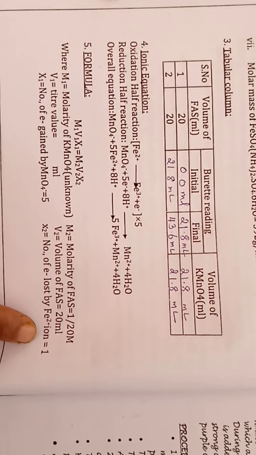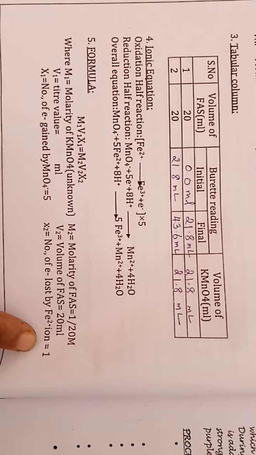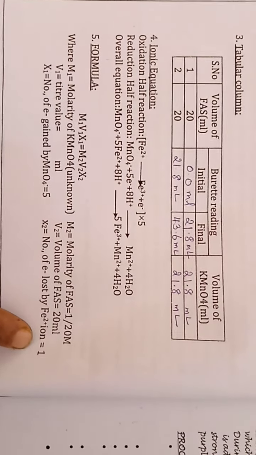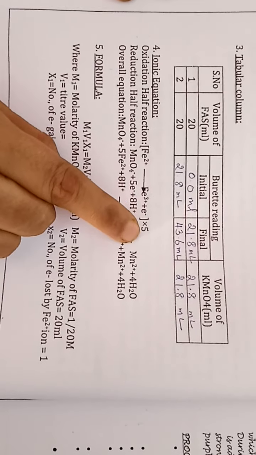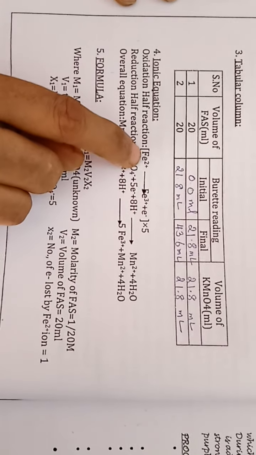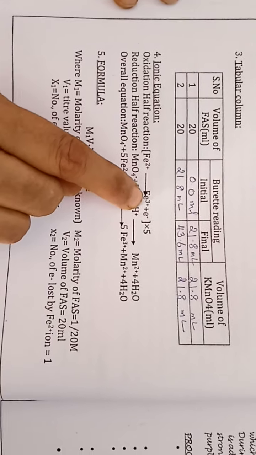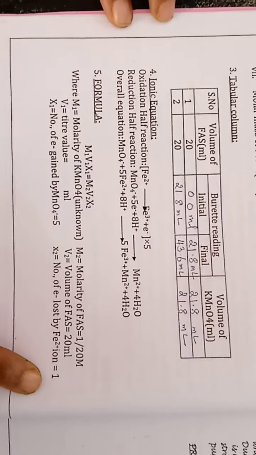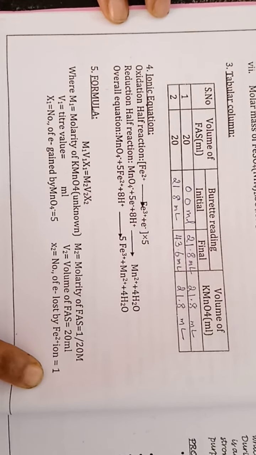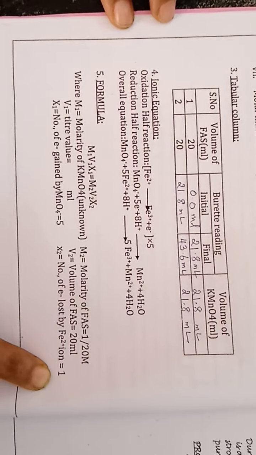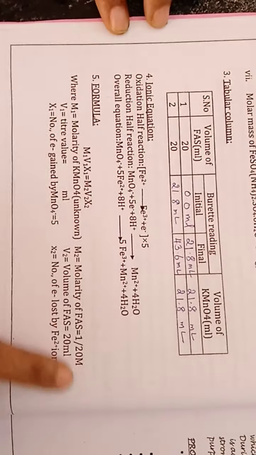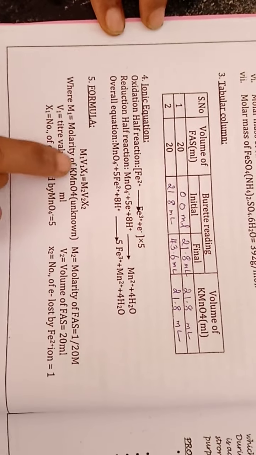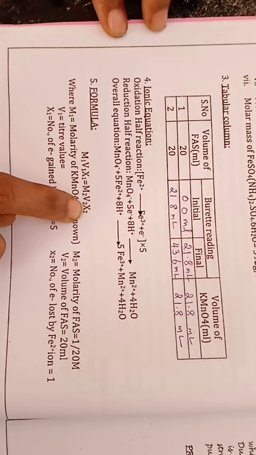X2 is the number of electrons that has been lost by the ferrous ion to get oxidized to ferric. It is exactly 1. Don't write it as pi. Write what the number is. For every mole of ferrous to get oxidized to ferric, you need 1 mole of electron. So you have to indicate X2, the number of electrons lost by ferrous during oxidation, is 1. So having understood all the parameters in this equation, we are going to substitute it. What is